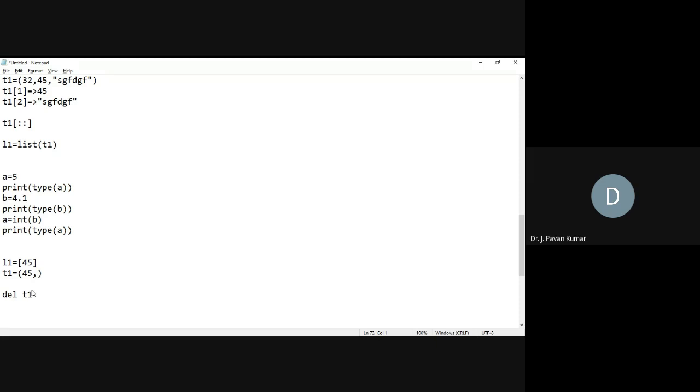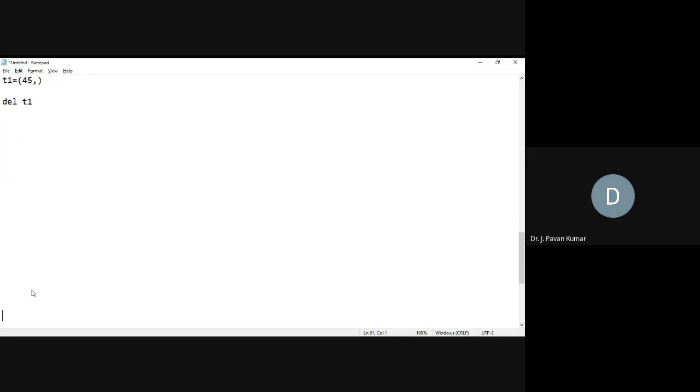Next, one important and interesting topic actually. Suppose we have a tuple T1 consisting of several elements, like A, BC as one element, DE as another element, F as another element, Y as another element. Like this, we have some elements. This is a tuple. Why? Because we have enclosed it in parenthesis, so it is a tuple.